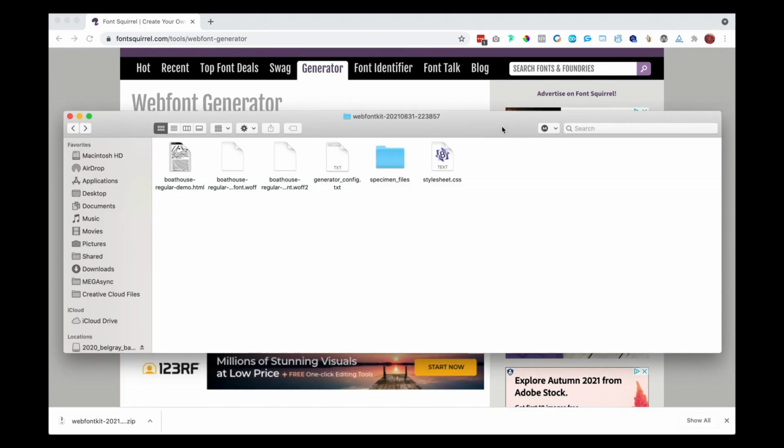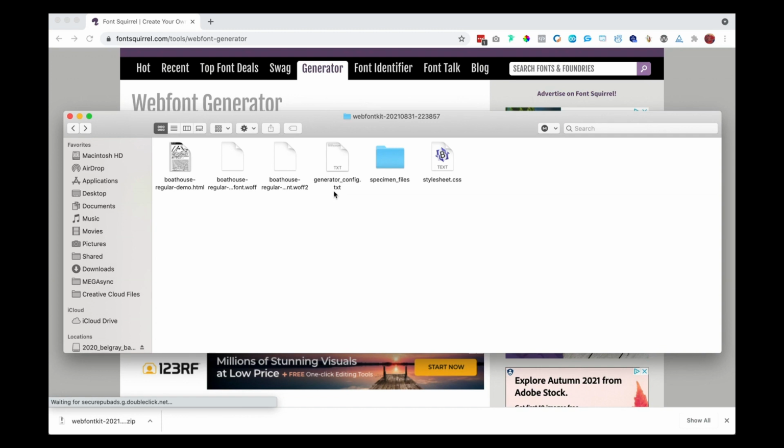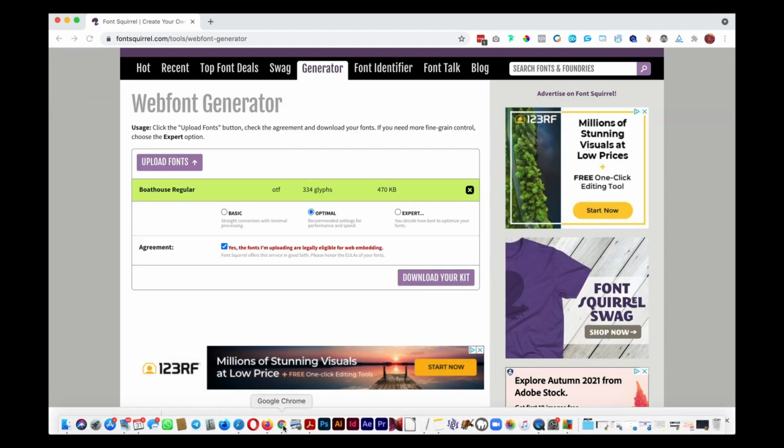So once I download this web font kit, we can take a look at what kind of files you receive. And so we can see that we have an HTML file, we have a WOFF file, and a WOFF2 file, and a TXT file, and a folder of more specimen files, and a style sheet. So if we click on our HTML to take a look at it,